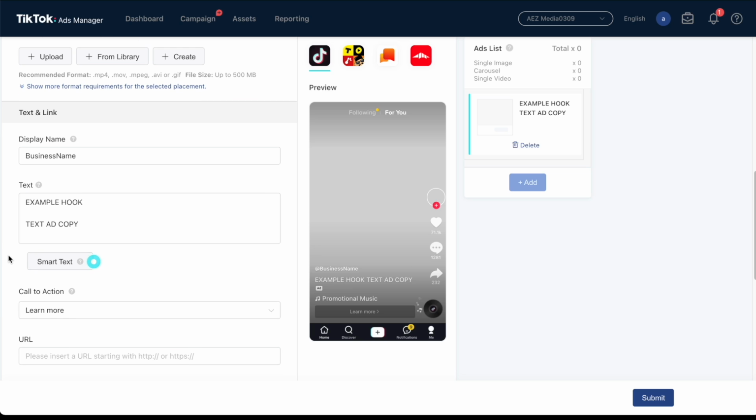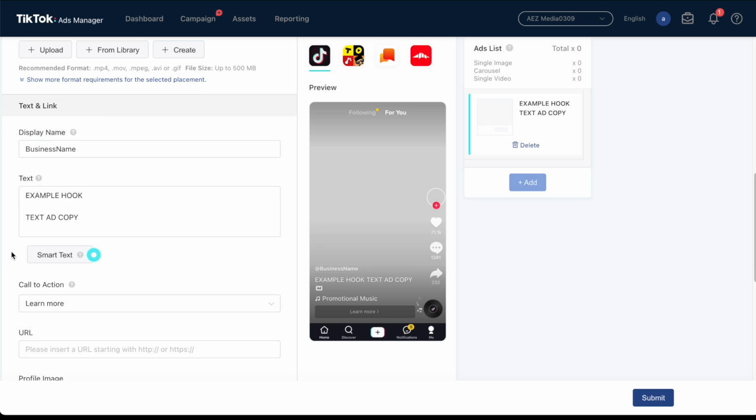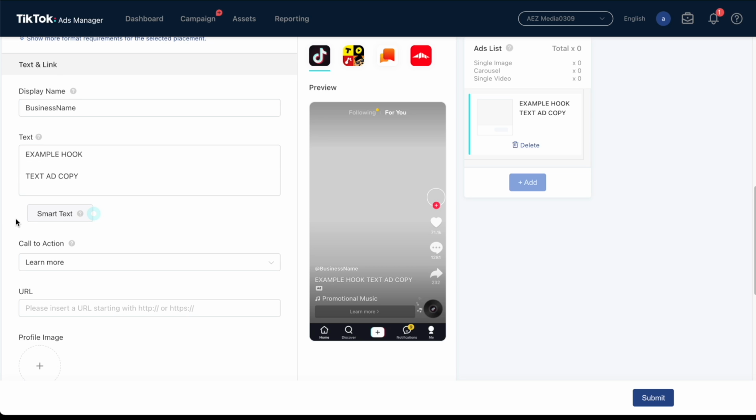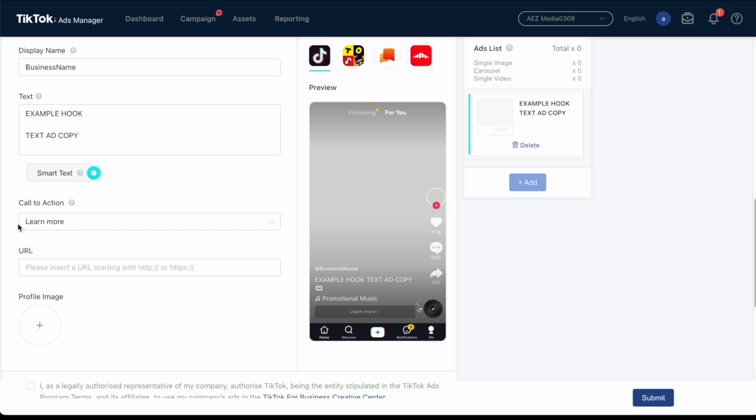TikTok does give you the option to make it easy and automatically generate text based on your website, your niche and vertical, and the product that you're selling. However, I always recommend that you manually create your text ad copy yourself. Don't rely on the smart text feed. I know we're beginners here, but I highly recommend you take your time to insert your own text. That way, it's not going to be generic, there are more people that are going to read your text, and then as a result, click through and purchase